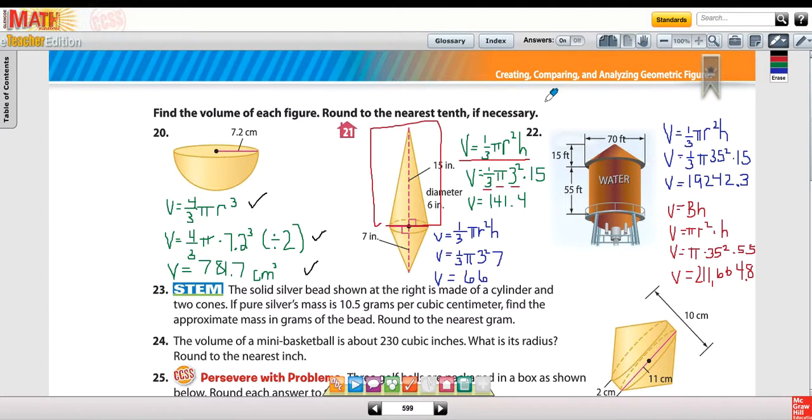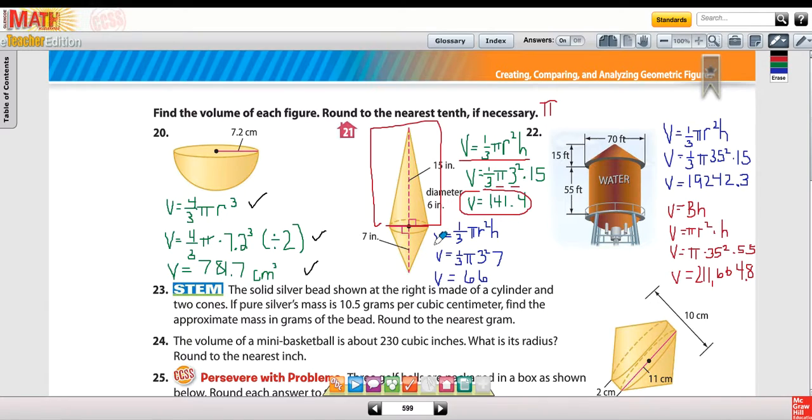Notice that so far this chapter we have not used 3.14 for pi. We're actually using the pi key on the calculator. So you never want to just type in 3.14 unless the directions tell you to do so. The volume of that top cone is